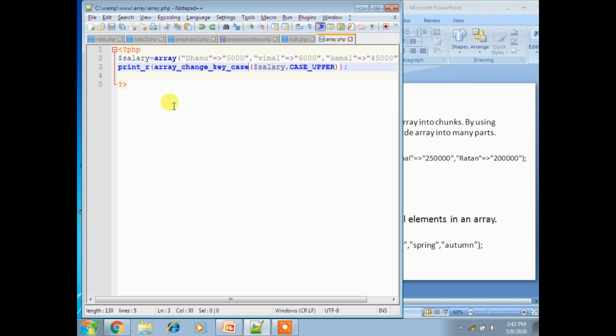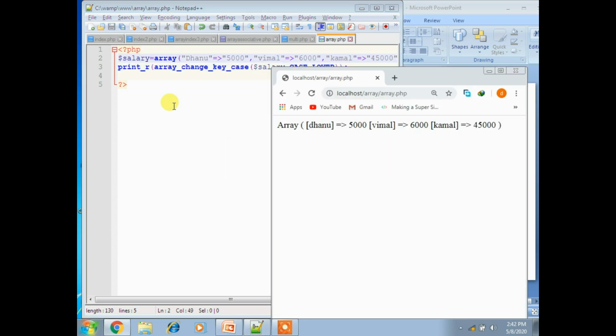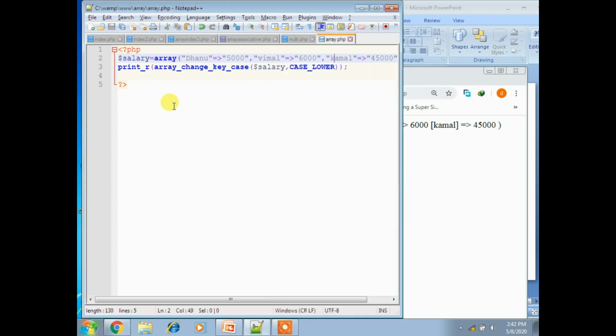Just now we observed uppercase, so we'll see lower case also. In the place of case_lower, if you place lower, then it automatically displays the value in lower format.